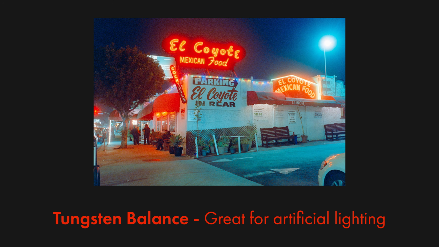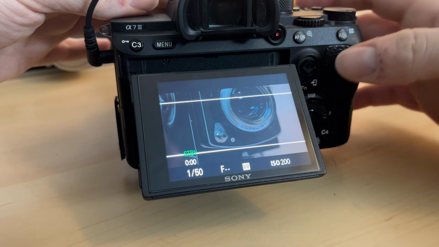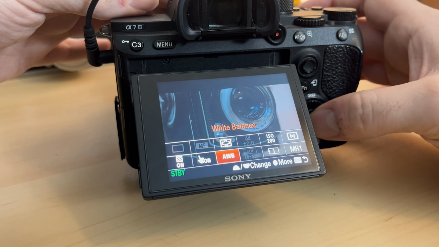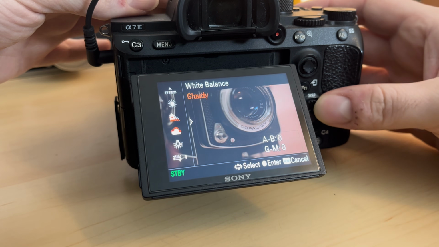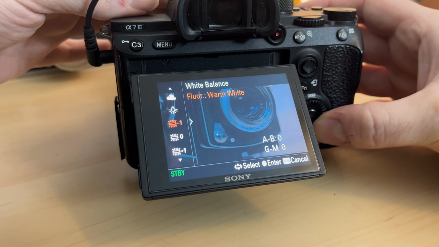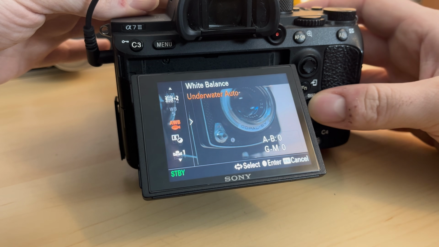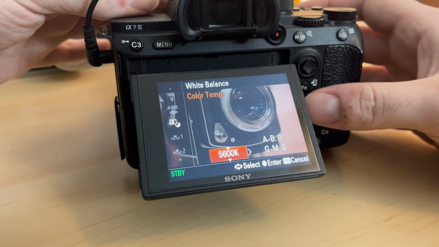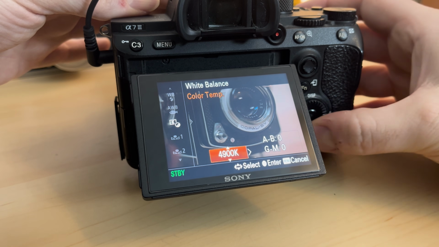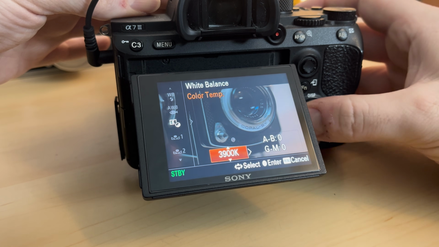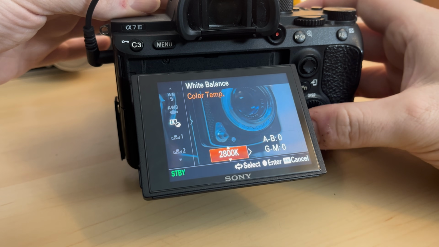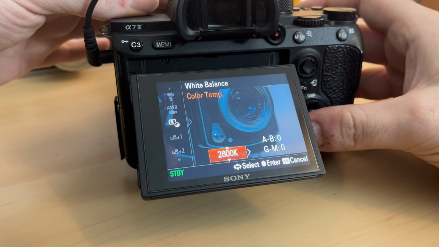So it's important that you pick a white balance that you like and that you think works for the scene you're in. Also, if you shoot with auto white balance, your camera is going to change the white balance basically every time you move your camera. And then if you take a series of photos and you go to edit them later, you're going to have to start from a different point with each photo, and you can't really just edit one photo and use that look across a series of photos. So using a locked off or preset white balance is going to save you a lot of time in editing